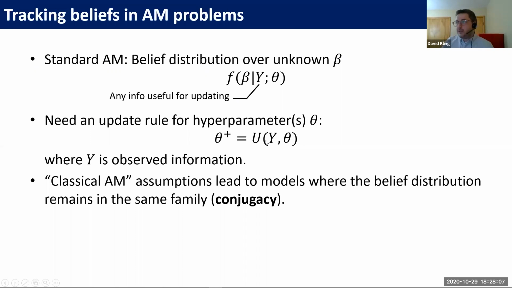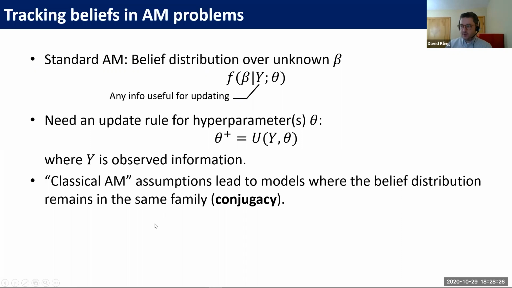And to get models to go here, we need an update rule for the hyperparameters. So once we receive new information, what is our new hyperparameter that summarizes our beliefs about the unknown component of the model? And classical